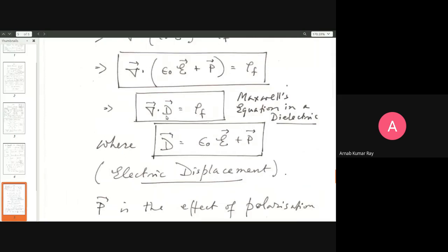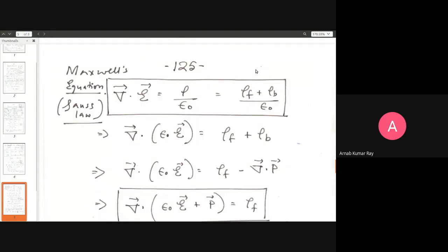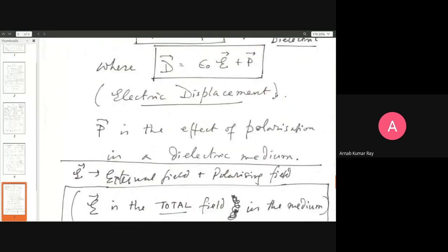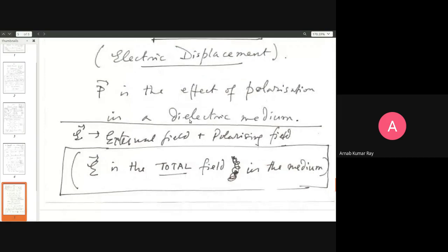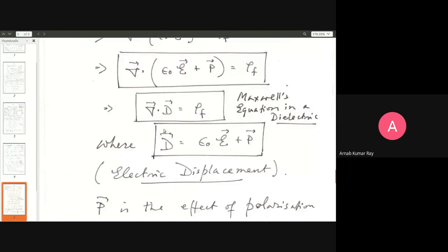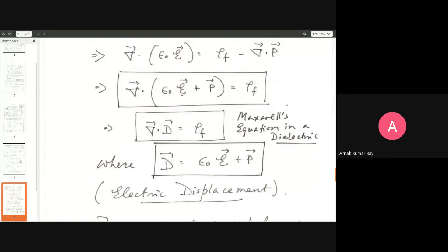Then you just have the divergence of epsilon naught E is equal to the free charge density, and the free charge density is just equal to rho. There will be no bound charge. Bound charge density will also be equal to 0. Okay, so there is something to be stressed upon over here. What is the nature of E in this whole business? When you are writing this electric field E here, be it understood in a very general sense.